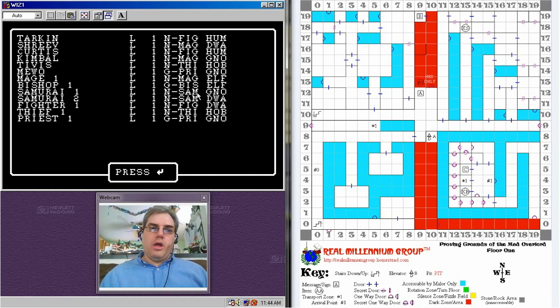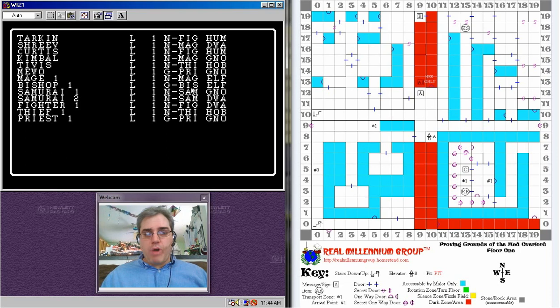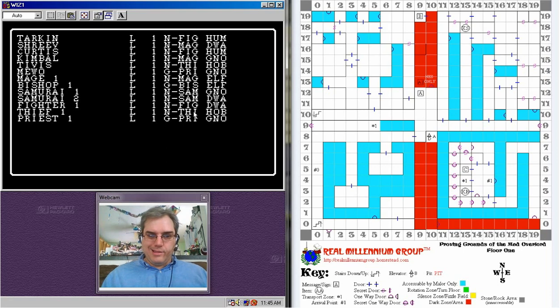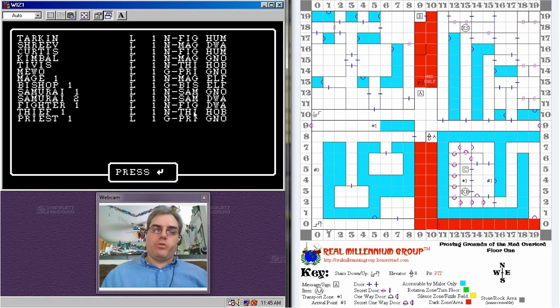Samurai, more advanced profession. So bishop, samurai, lord, and ninja are the advanced professions. Fighter, mage, thief, and priest are the basic professions. Now, bishop, rather, is easy enough to make at character creation. Samurai, you can get, but it's a little bit difficult. You have to keep re-rolling your stats before you can eventually get a samurai. Lord and ninja, again, the required stats for creating those are just too high. You can't get them from an initial roll.